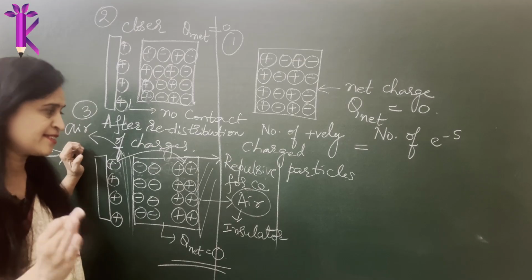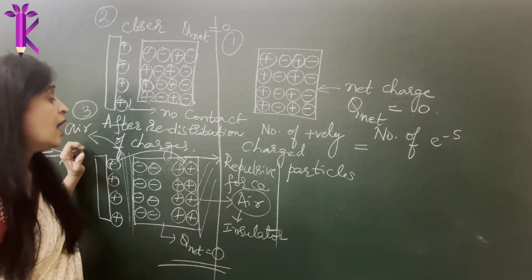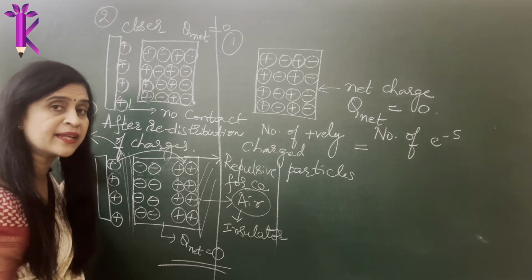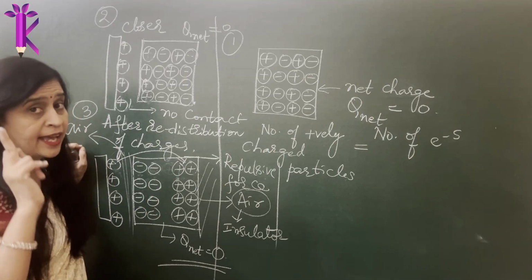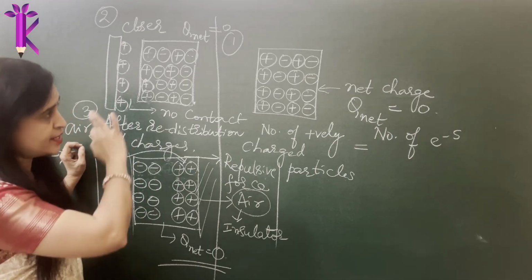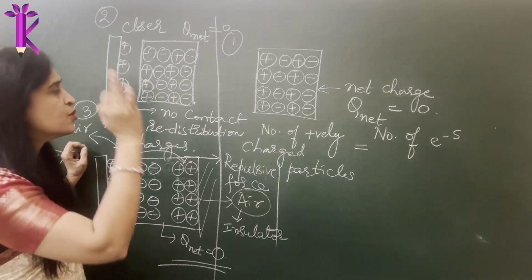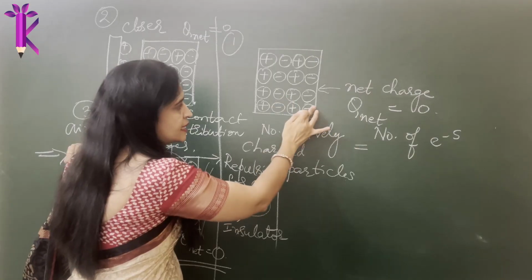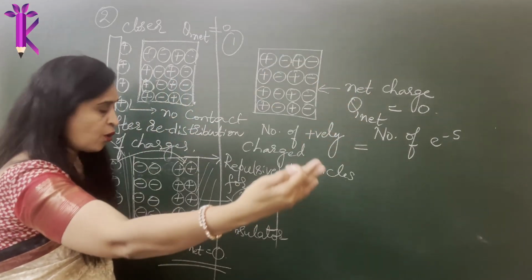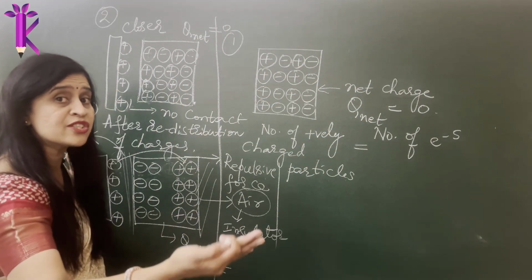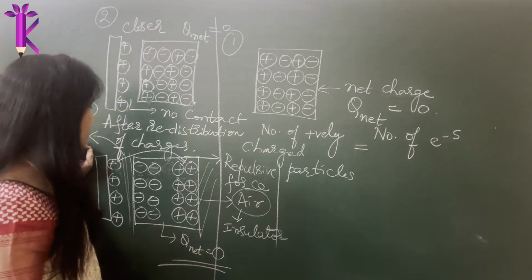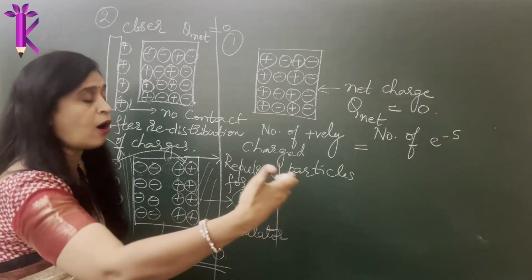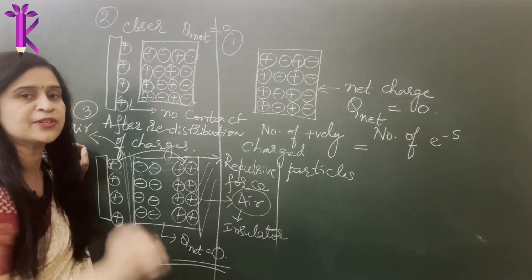Now here's the twist, here's the question. I want you to understand, how can I now make it charged? Should I bring this in contact? No. The very first condition of this entire scenario was you have to literally charge this metal or conductor which had a net charge of 0 to some net charge. It should have some value without bringing another conductor into contact. So what are we going to do?